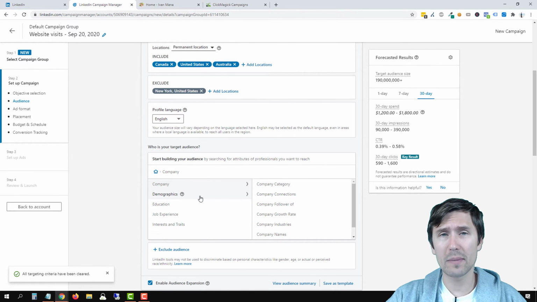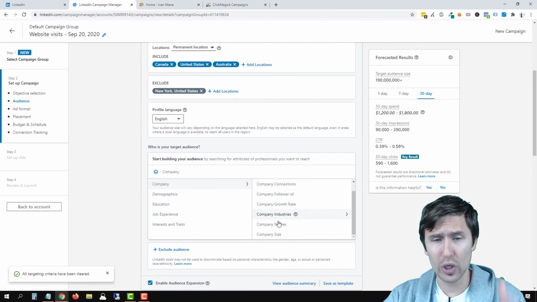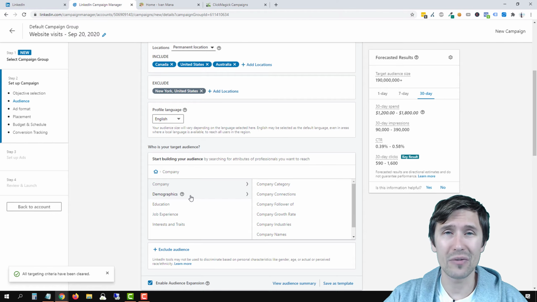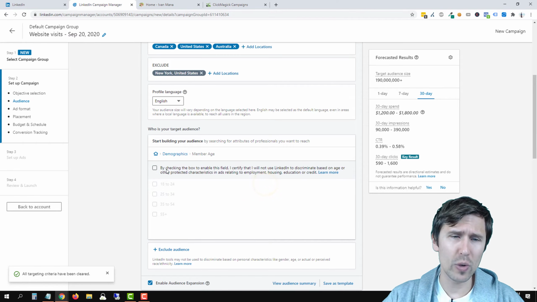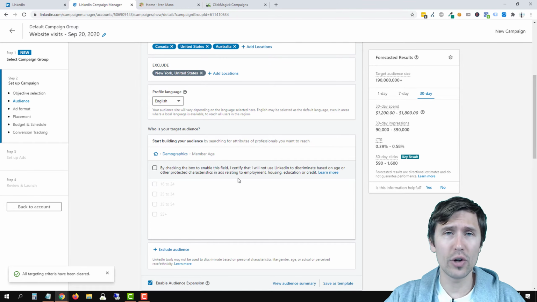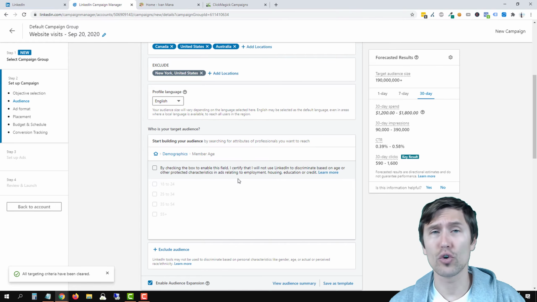Okay, so lots of options to explore, guys. I invite you to explore, to look at these yourself. There's just too many options, and just knock yourself out, right? Lots of different things you could be testing here. Next, you have demographics. So obviously you can target by age or gender. Now you do have to check a little box here that says that you're not going to be biasing and excluding people. You're promising that you're not creating ads in the housing, education, or credit